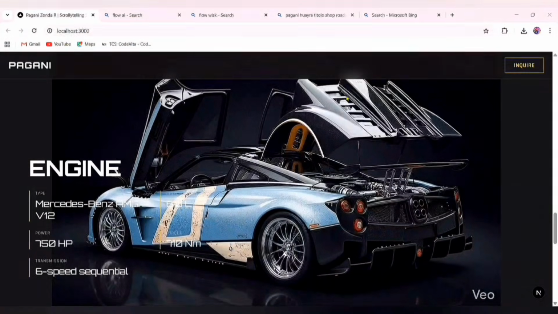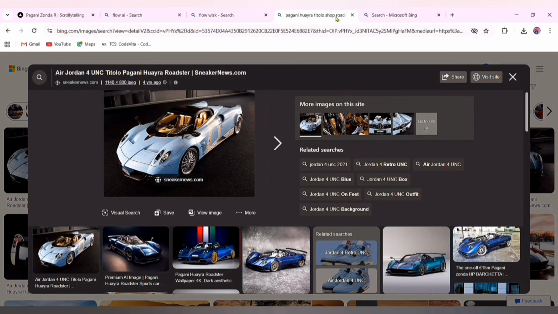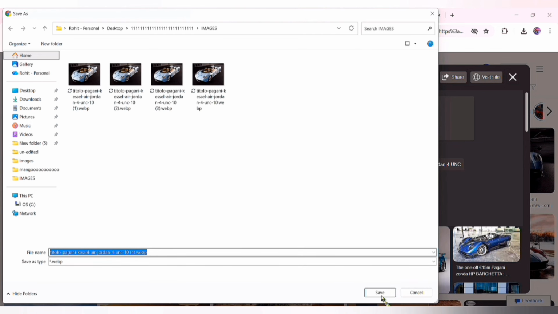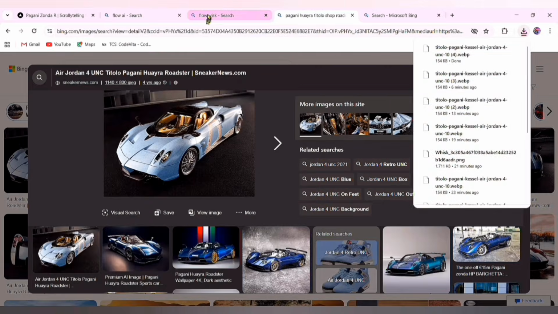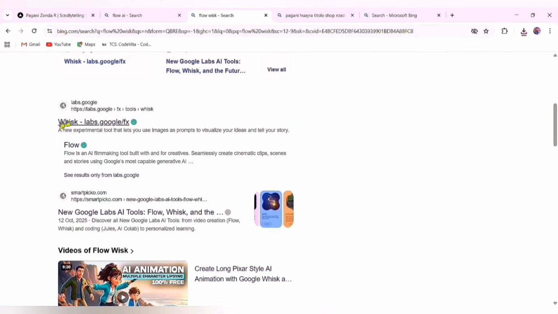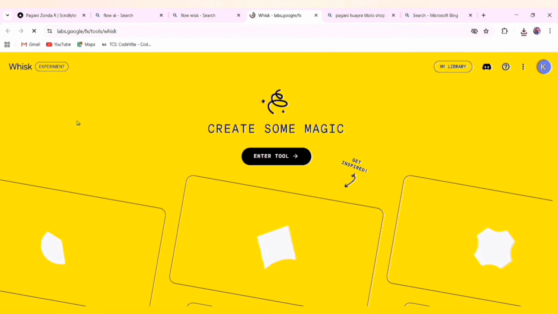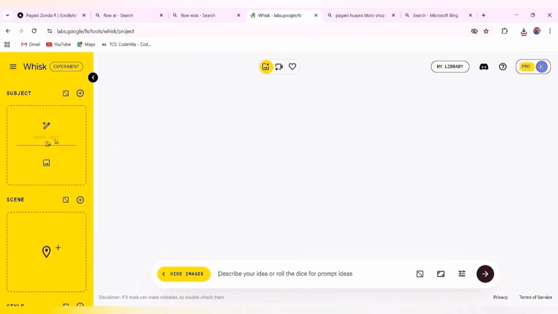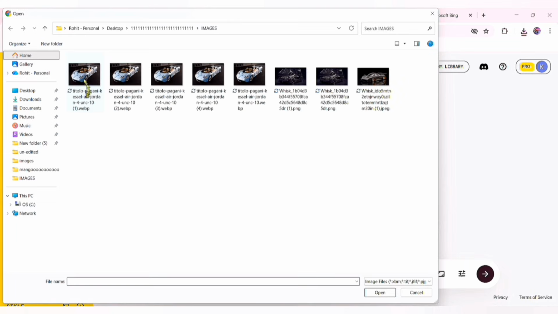Before we start the project, we need some images and videos. So we can go to your browser and simply search Air Jordan Pagani Huayra Roadster and simply download this image and save this image. Then we can go to Flow Whisk and go down and press the Whisk tool and add images. Then go to upload images, select the image,